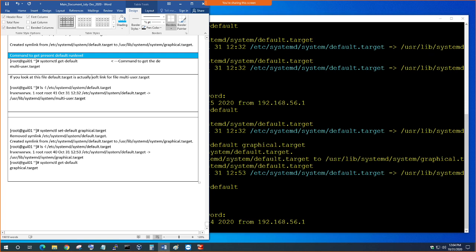Okay, now we change this here. Now change the default run level to graphical,